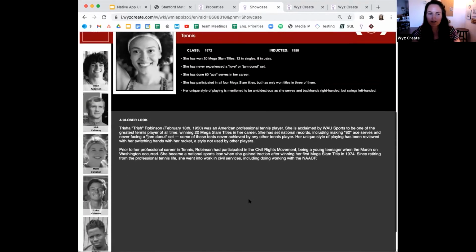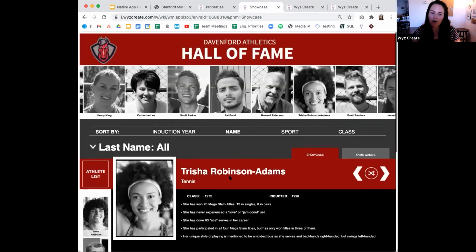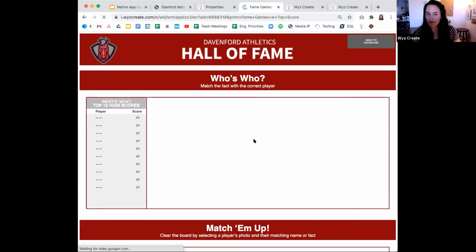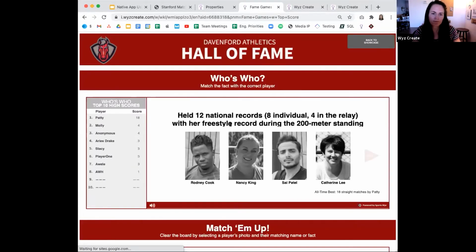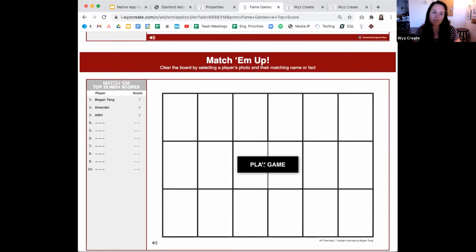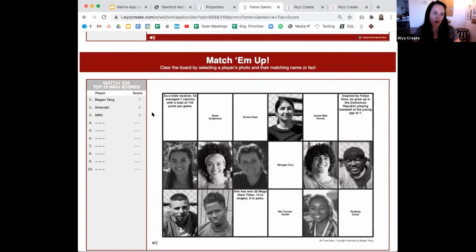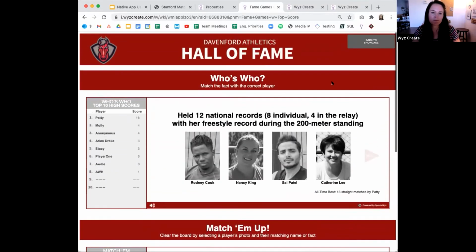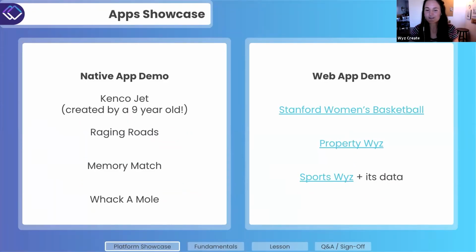So everything here that you see is run through that data set, not only on this page, but also everything within fame games. This is pulling from the facts that match with the players. So pretty cool that one data set is driving all of these different apps within this page. So now that we've gone through a showcase of our platform and some app examples, Awele is going to take